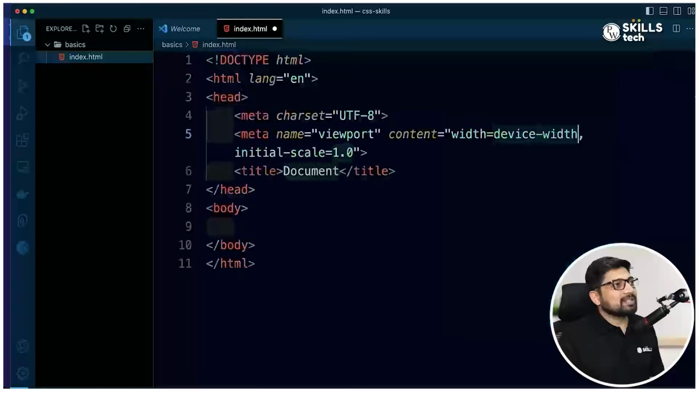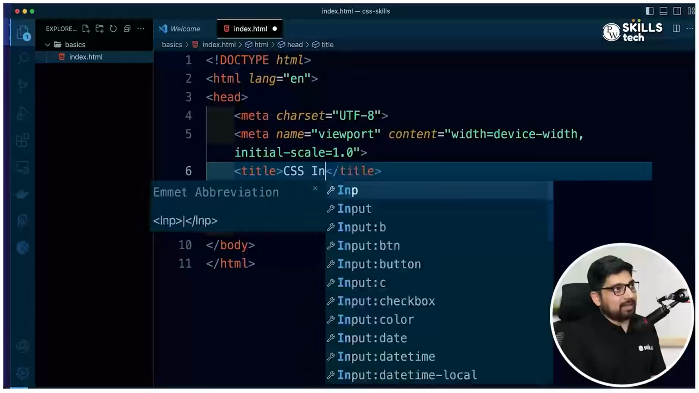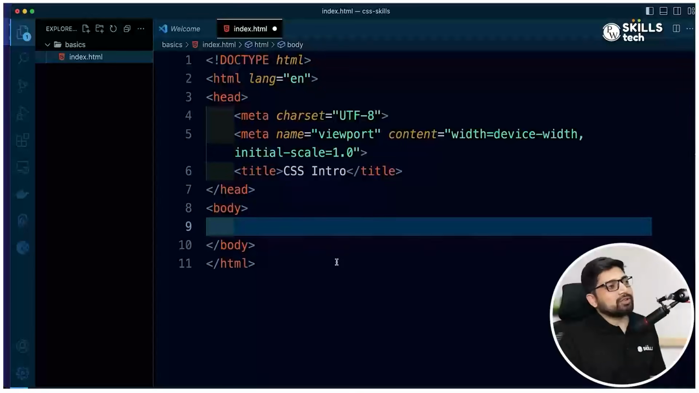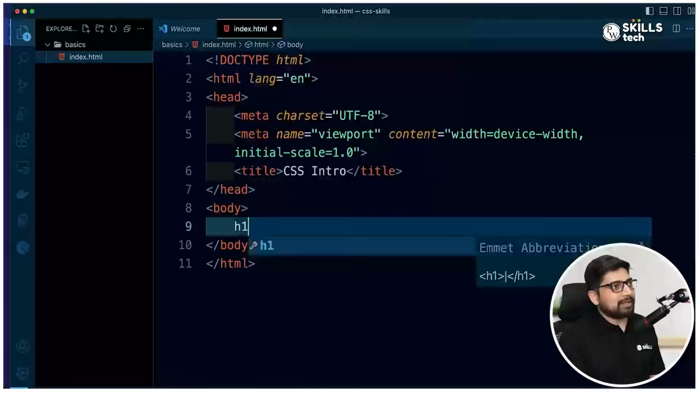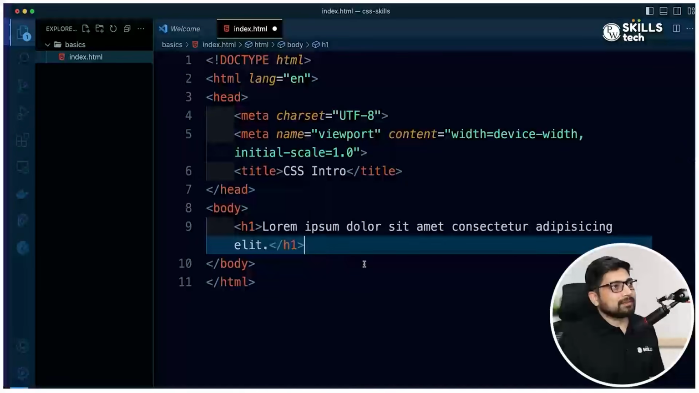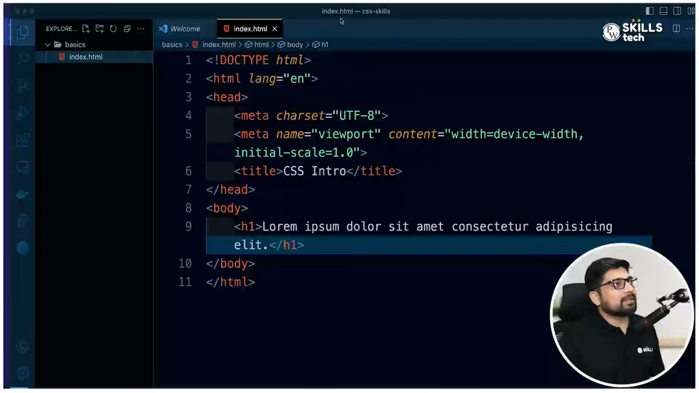I'll just do an exclamation and hit the tab. This gives me really basic boilerplate. We're going to call this one CSS intro. Makes sense. Now what we're going to do in this one is first learn what the things are, how I can introduce the CSS in this one. Let's go ahead and add an H1, and in this one we'll be adding 8 words of lorem. That's good enough. We'll be right clicking it and opening up with the live server, and hopefully there we go,